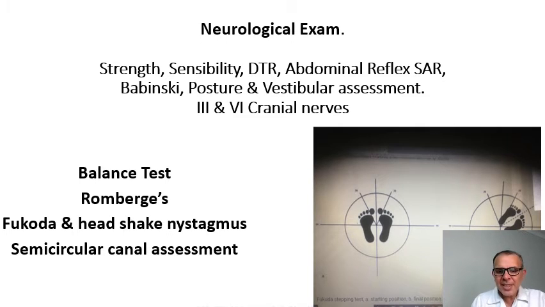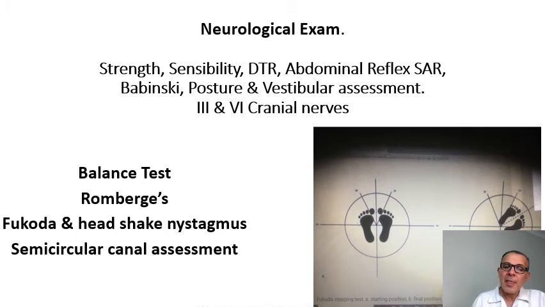Those are the very basic, simple tests, done in the clinic within a few minutes, that let you determine the necessity of the further neurological examination. And also the neurological examination covers muscle strength, sensibility, somatomotor stuff, deep